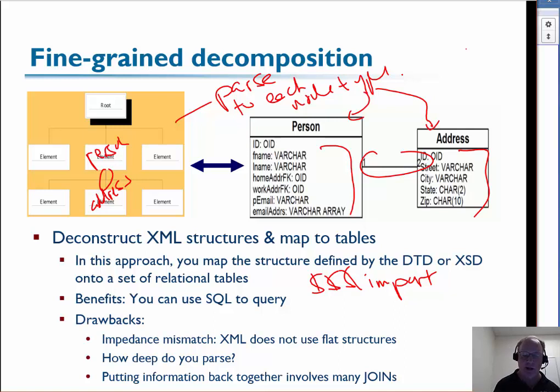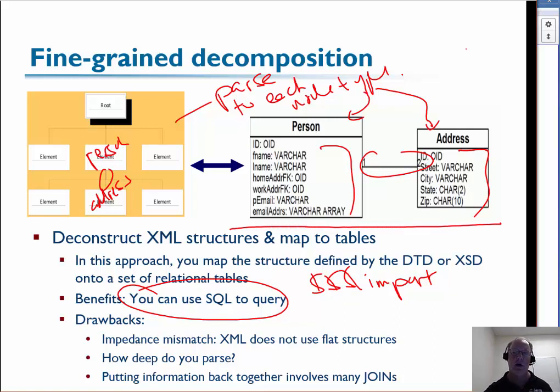But now that I deconstruct it, I can use my SQL tools that I'm very comfortable with and so forth, because I've completely addressed the impedance mismatch the other way by creating all these fine-grained relations. I may have some very verbose relational schemas, and I have to go through the process of flattening, which has that impedance mismatch we're talking about. But the key is once I have it, I can use SQL to query, right?